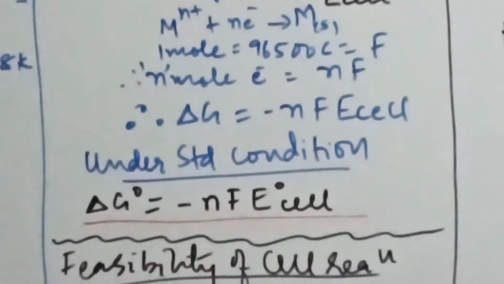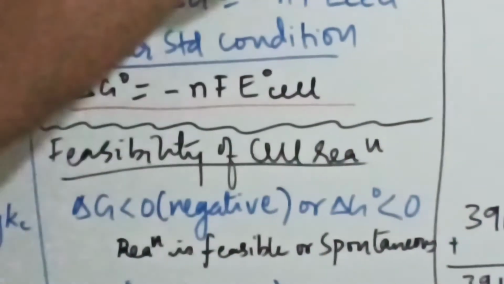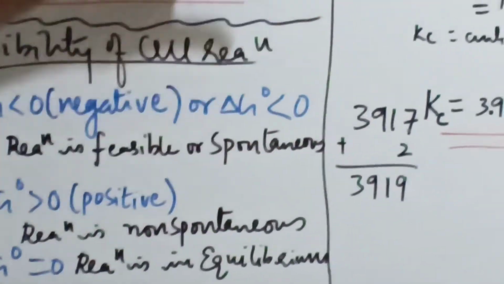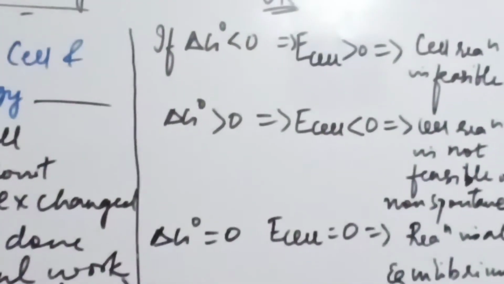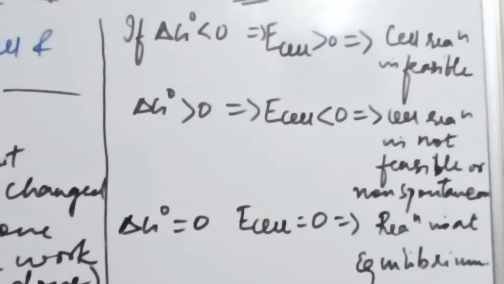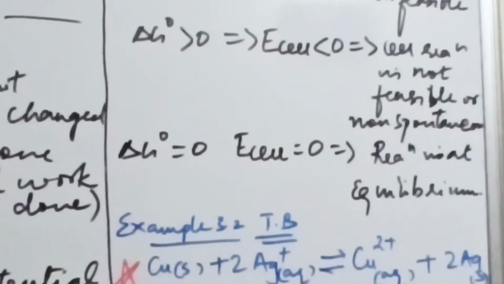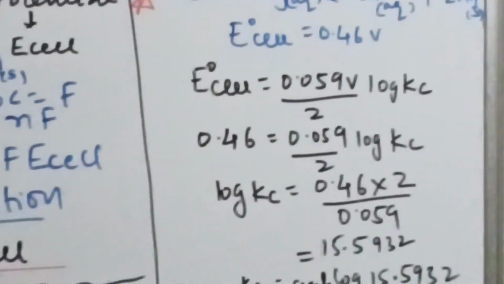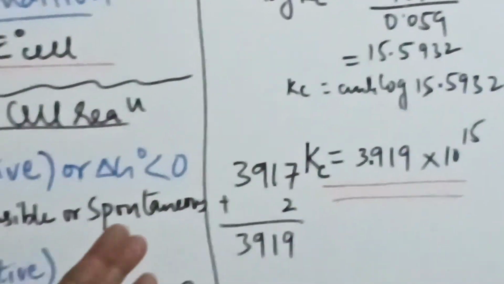Then comes the feasibility. All these things come in the JEE and NEET part. Clear? So you need to remember, that's why this is put up over here, and this is the example. An example of how to calculate anti-log, that I have shown. Here how to go to the anti-log column and how to calculate it, that part is also shown to you. Hope things are clear now.